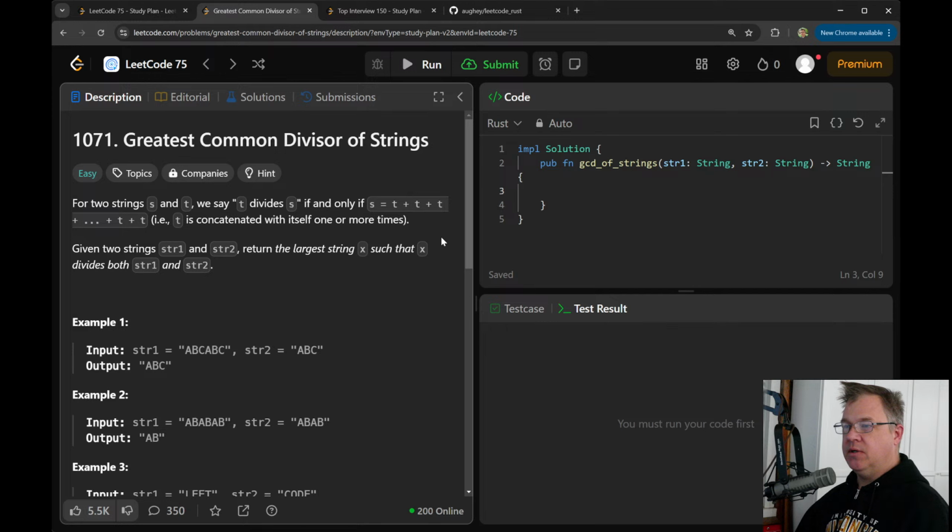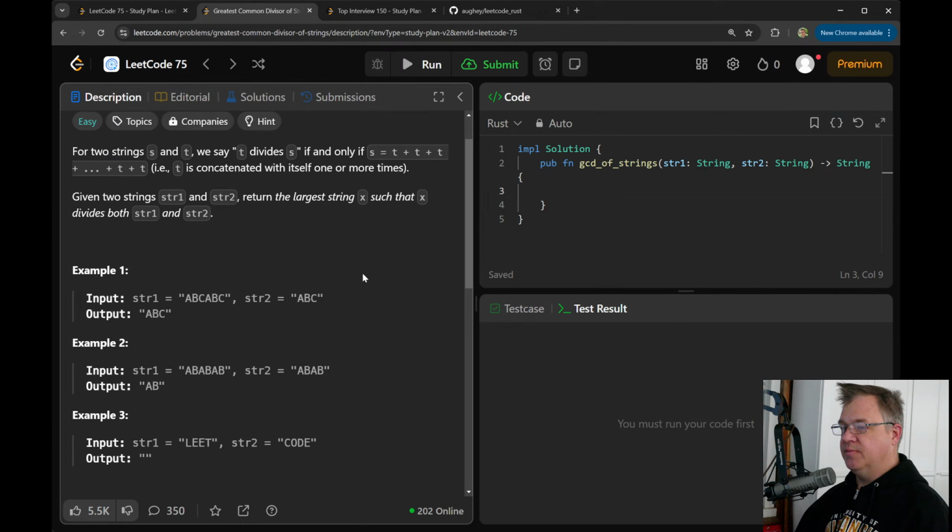So how do we test this? If S is T concatenated with itself one or more times. Probably exactly, I would say. We can do this again with iterators.